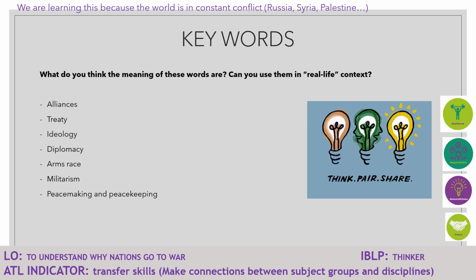So making connections between what we learn and other subject group disciplines. They can make these connections by trying to link these keywords into another topic. Yeah. So a second activity, it can take you as long as you want. It really depends on you, on your students, and how you see they are working and being